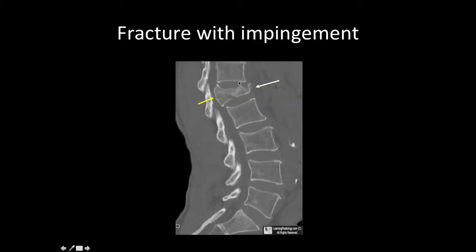Now, in this one, fracture with impingement is another critically important one. Any of the older ladies with osteoporosis, any man who falls off a ladder, that's coming in with back pain, or fell off a ladder even a week ago and has pain, this is kind of what you're looking for. You're looking for a fracture. And in this case, it's not a plain X-ray, it's a recon. But you can see that this vertebra is completely smashed down, and more importantly, you can see that it's pushed its posterior components into the spinal canal that can cause compression.